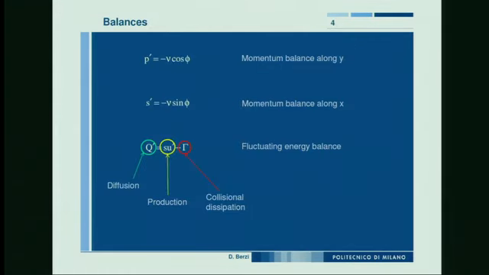So here are the balances that I'm going to use. Two are the momentum balances along x and y, in the flow direction and in the direction perpendicular to the bed. I'm ignoring, of course, the other direction. Then I need an additional balance, which is the fluctuating energy balance, because I'm using kinetic theory, so I'm using the granular temperature concept. And this energy balance in this steady, simple situation means that you have diffusion of energy, you have production of energy due to the shear stress, and then you have collisional dissipation due to the fact